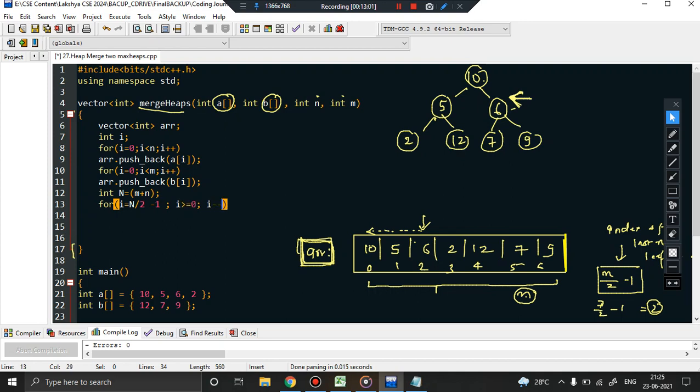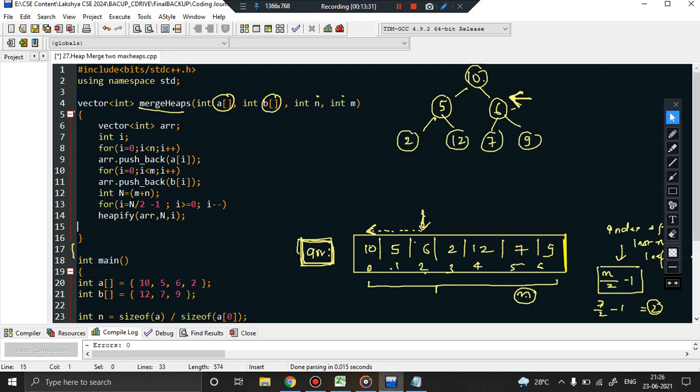I hope you agree with me, because my i will come from this point down to 0, and at each iteration you are going to call the function max heapify. So I'll say heapify: pass the array ARR, and at the same time the number of elements in the array, which is capital N, and the index position i.